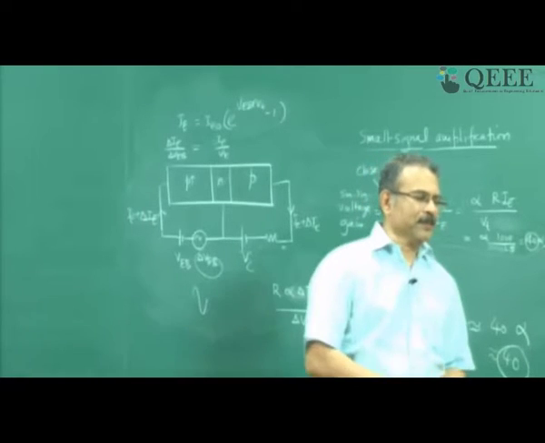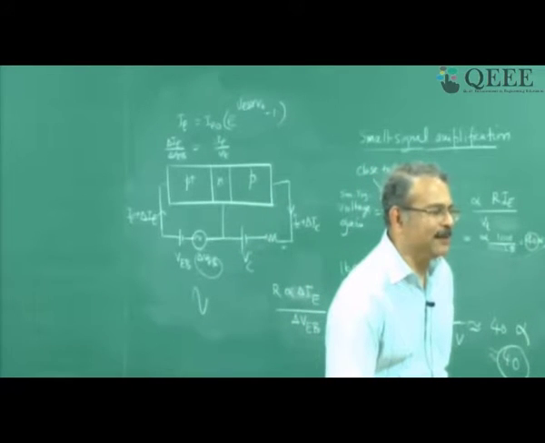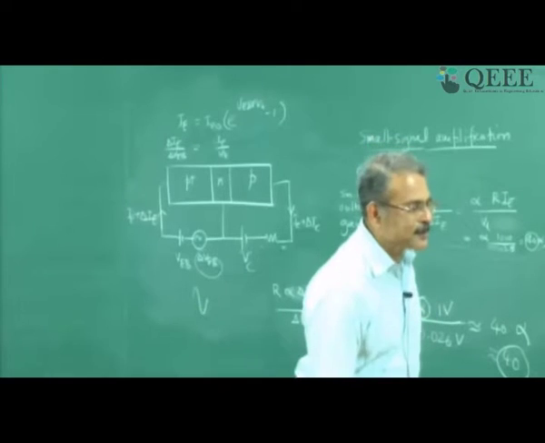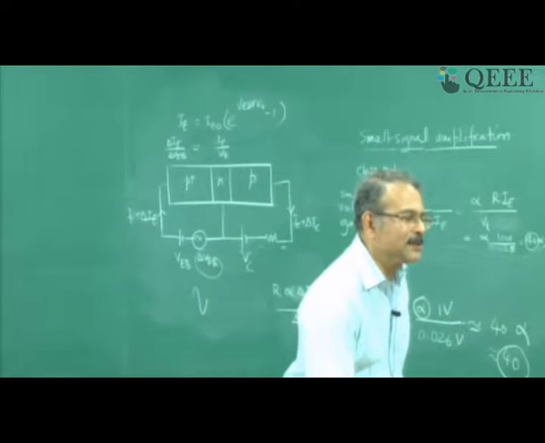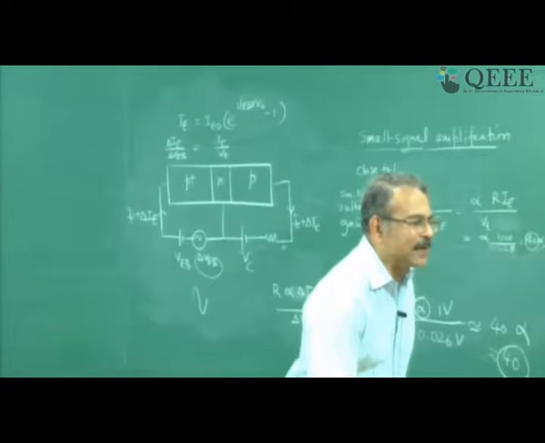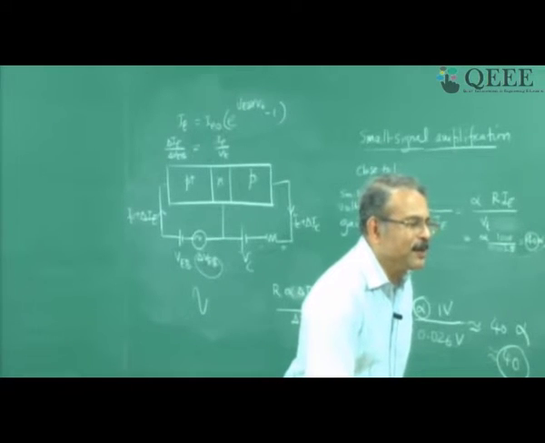Now, we have shown the depletion region on the N side to be very, very thin because this is heavily doped. So most of the depletion region is on the P side. Now suppose we introduce an oxide in between, something like this, between N plus region and P region. What is going to happen? What is going to happen is this depletion region is going to shrink, okay, because of this presence of the oxide in between.